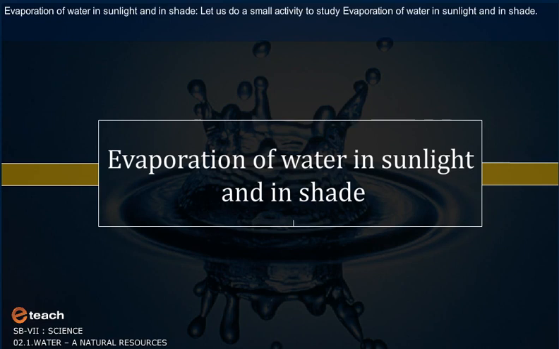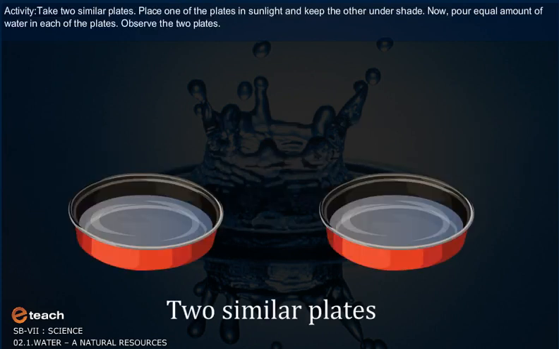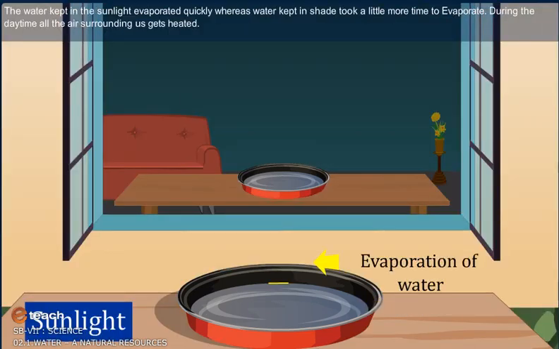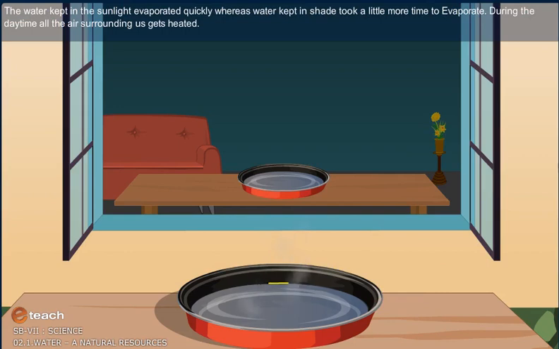Evaporation of water in sunlight and in shade. Let us do a small activity to study evaporation of water in sunlight and in shade. Activity. Take two similar plates. Place one of the plates in sunlight and keep the other in shade. Now pour an equal amount of water in each of the plates. Observe the water kept in the sunlight evaporated quickly, whereas water kept in the shade took a little more time